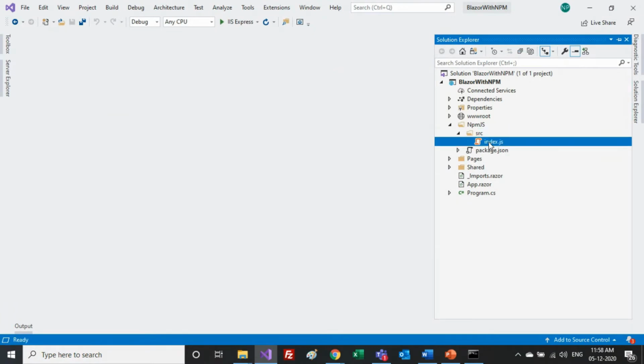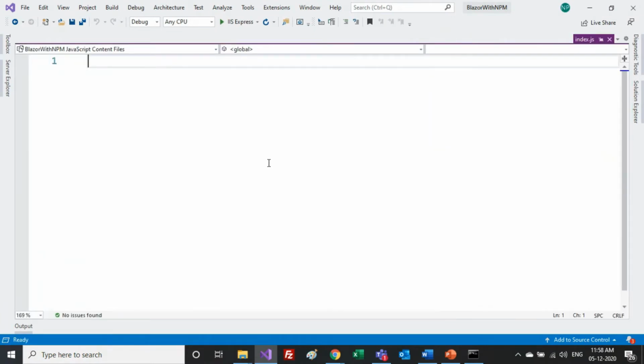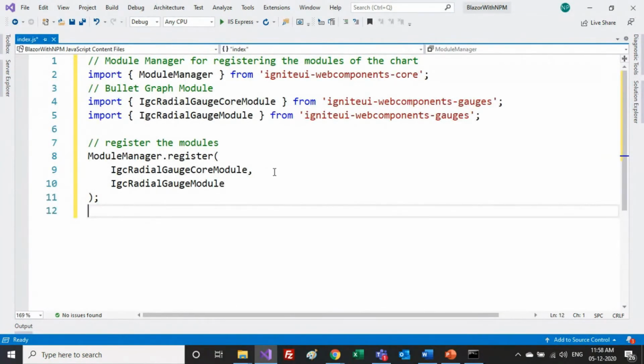Here we can come into this index.js file, and you simply need a script. As we know, if we are going to use any other npm package, it has some default classes to be imported in your application, and from there you can instantiate them. So I imported my module manager, igc, which stands for Infragistics web components, with all the modules from the specific locations.